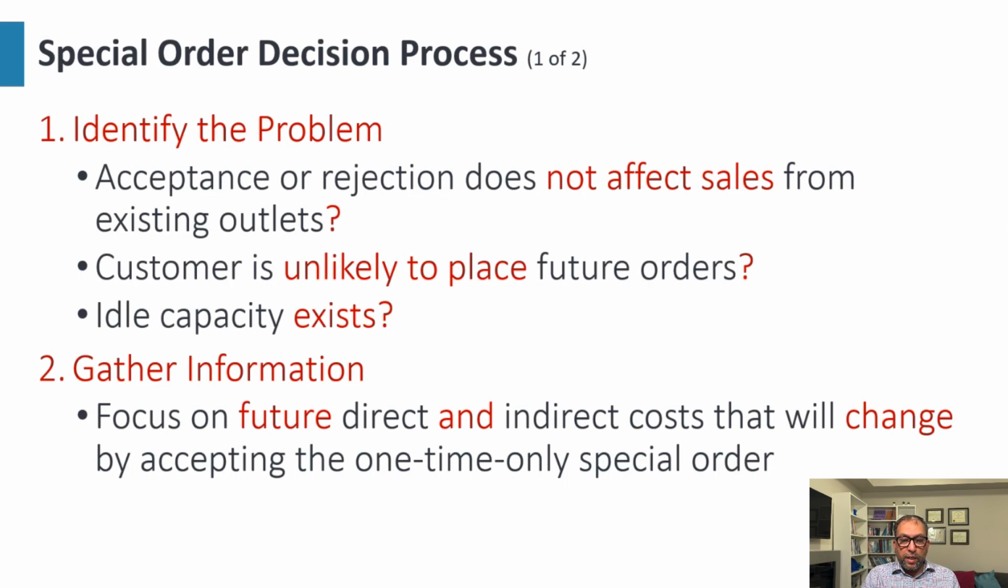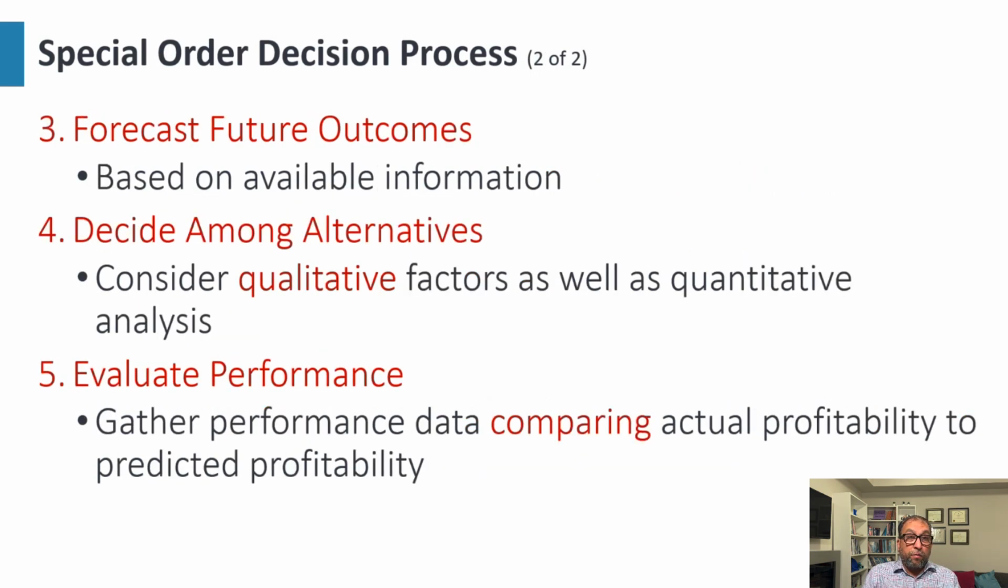Focus on future direct and indirect costs that will change by accepting the one-time-only or special order. So we have to keep in mind, when we are making this decision to accept or reject a one-time order, what is the implication of this acceptance in the long run or in the future? Or is there anything we need to change in our process of manufacturing or producing that is going to affect our future cost? So forecast future outcomes based on available information, and decide among alternatives that consider qualitative factors as